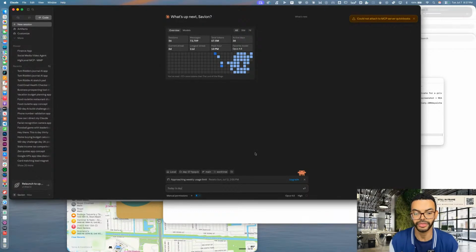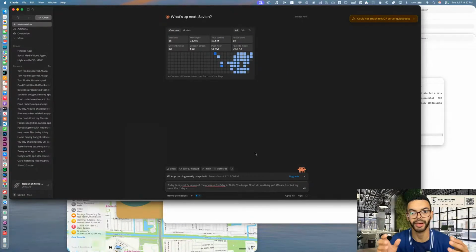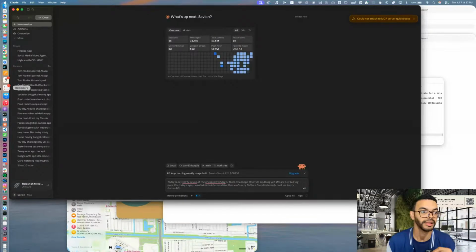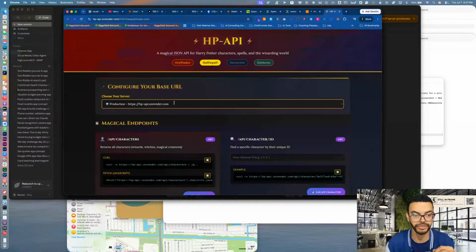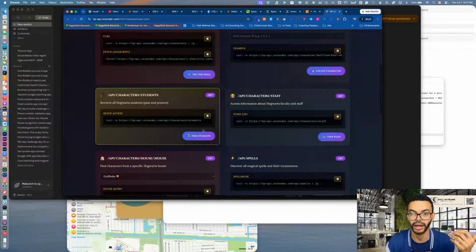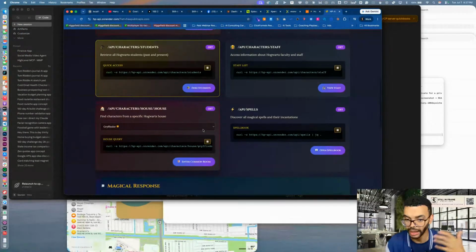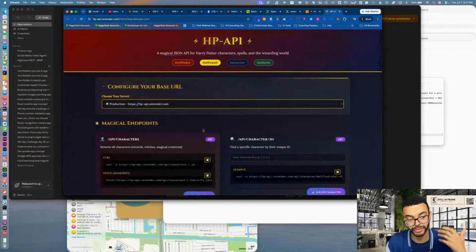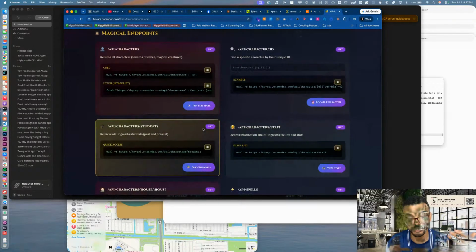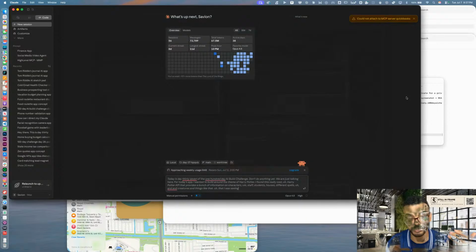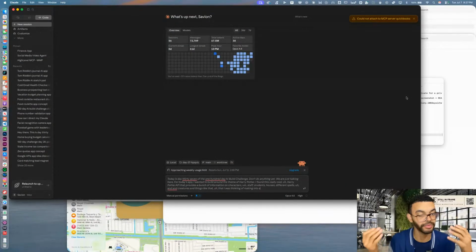Today is day 37 of the 100-day AI Build Challenge. Don't do anything yet. We are just talking here. For today's app, I wanted to build it around the theme of Harry Potter. I found this really cool Harry Potter API that provides a bunch of information on characters, staff, students, houses, different spells, and creatures and things like that, that I was thinking of making into an app of some sort for